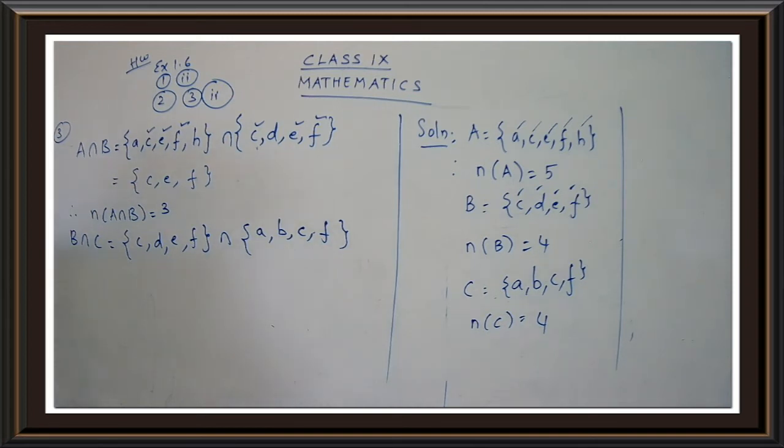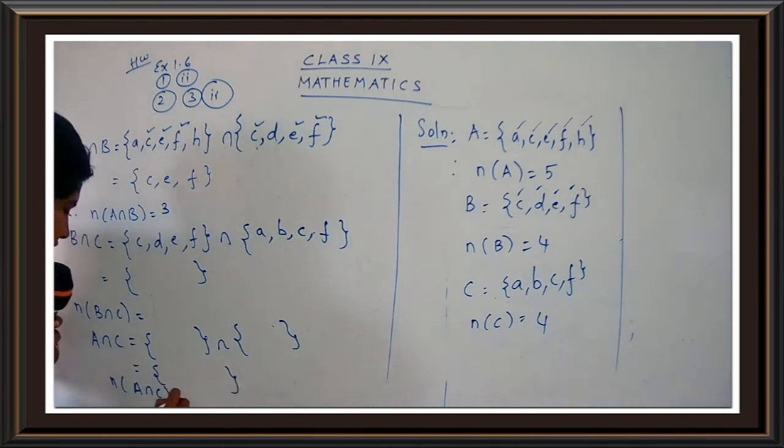Okay. Find out B intersection C. Come on. Find out the answer. And write down N of B intersection C. This is all you can do. Yes, children? Find out. And one more thing. A intersection B, B intersection C and A intersection C. So find out A intersection C. And get the answer for N of A intersection C. So these are the two details you have to fill. Come on, do it.